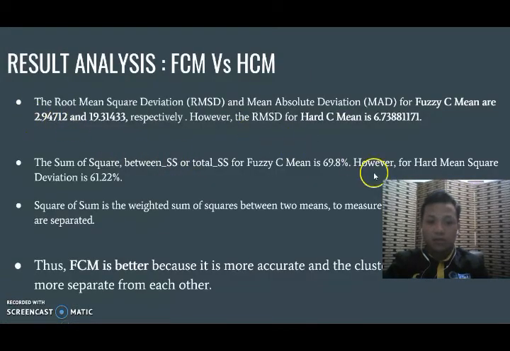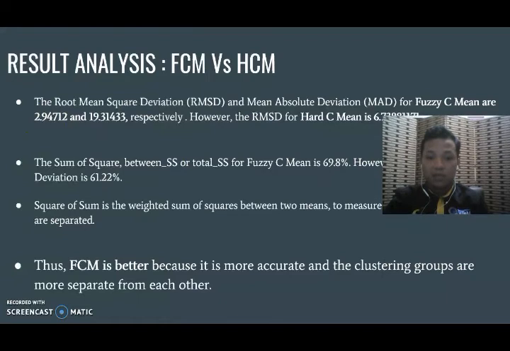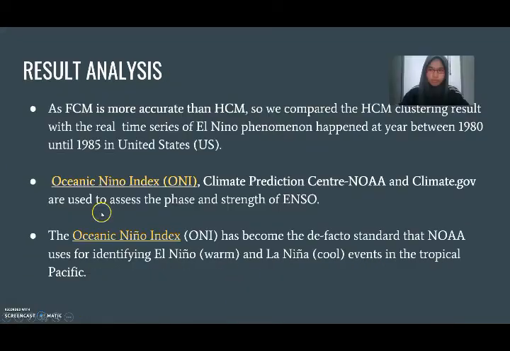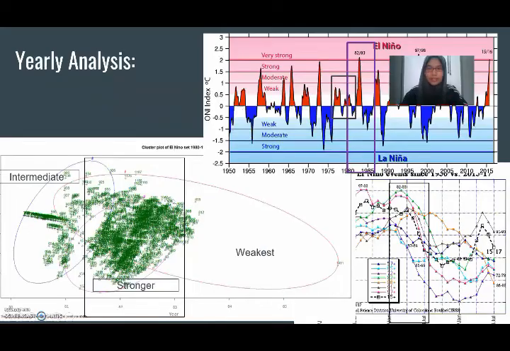For the result, we find that FCM is better because it's more accurate and the clustering groups are more separated from each other. Next, we analyze the clustering result using FCM with the real data using UI. As we can see in the graph, 1983 is the highest level of El Nino. So we conclude that cluster 2 is the strongest strength of El Nino,